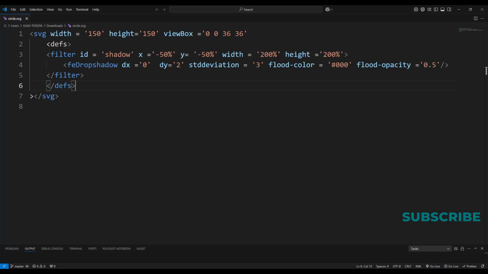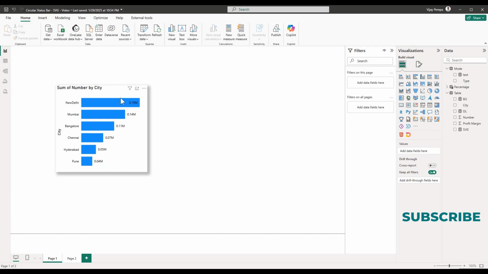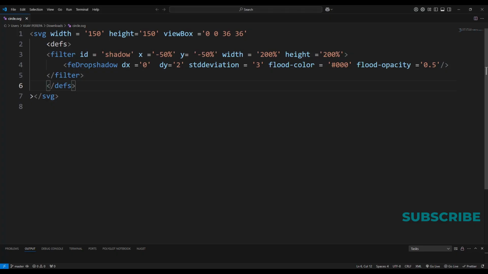The next step will be creating the first circle which drops the shadow, the one which is showing the percentage. It has a blue border and green color background, and having a drop shadow, that we are going to create. For that